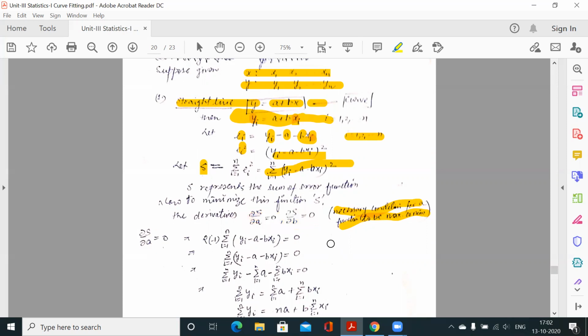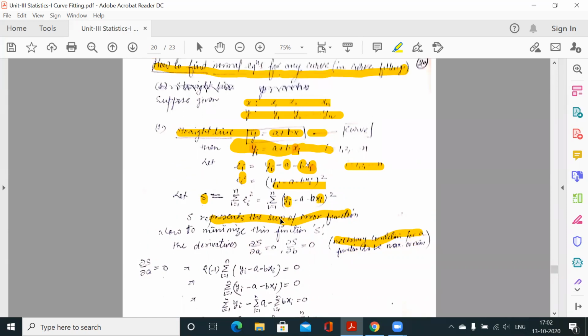So we are applying the same concept here. Now S is a function of the sum of the error function. What are the variables? y_i and x_i are constants; x_i is x1, x2, ..., xn, and y_i is y1, y2, ..., yn. So these are numerical values. a and b are unknown; we have not yet found a and b. That means these are your variables. So this is a function in the unknown variables a and b. So we know that this will give a maximum or minimum where del S over del a is 0 and del S over del b is 0.